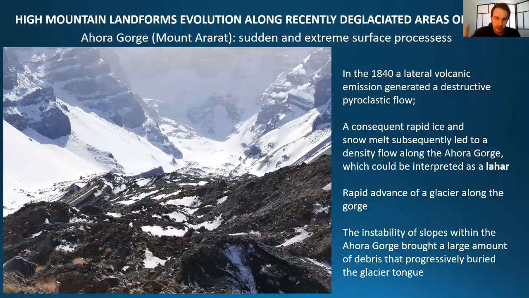After the lahar that destroyed all the villages and all the landforms present, a rapid advance of a glacier occurred. We were in the last part of the Little Ice Age, so the glacier could advance. But a glacier advancing in this valley that is characterized by the very high stability of slopes,